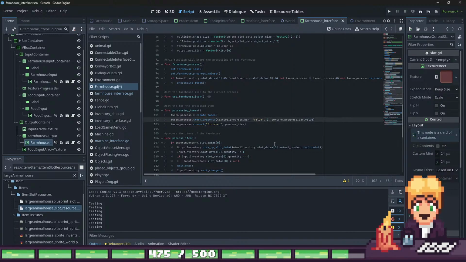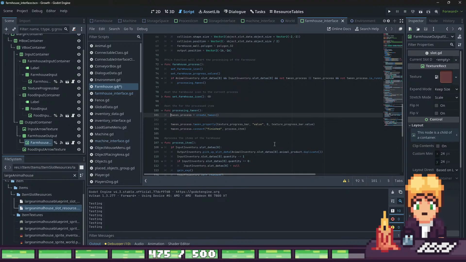I mean, create a new tween every second. Just when it reaches 0, I will connect finished with process item and then go on. But in between, it will always check if something is inside here every second. So what we're going to do now is